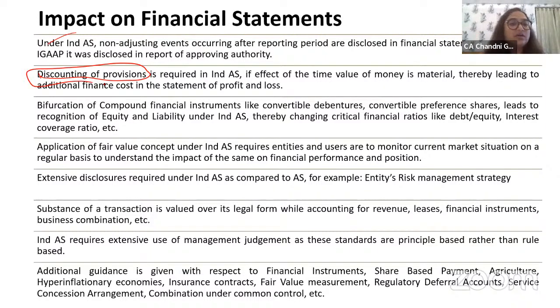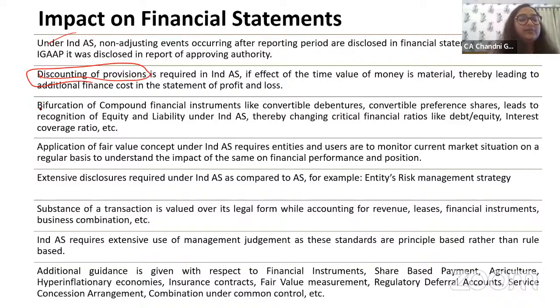You cannot provide, say, 3 crores, which you are expecting in 10 years, today. You have to provide maybe 2.5 crores, depending on the discounting. Use a discount rate, maybe 10% or whatever the market rate is, calculate the present value of 3 crores and make a provision today. Then charge the interest in P&L, so that at the end of 10 years the amount reaches 3 crores and you can go ahead and pay the liability. So discounting of provisions is a new concept in Ind AS, but the standard clarifies that only if the impact is material can you do the discounting.